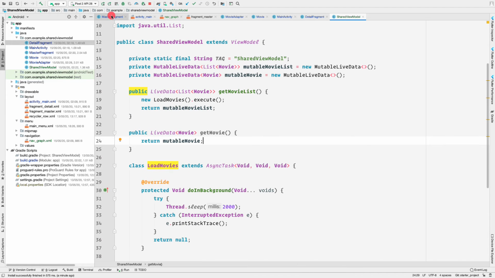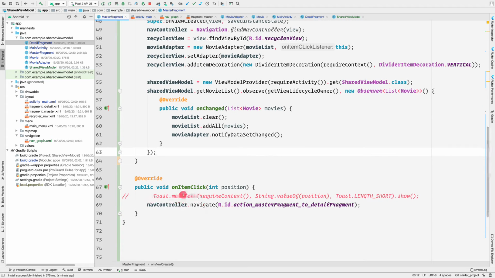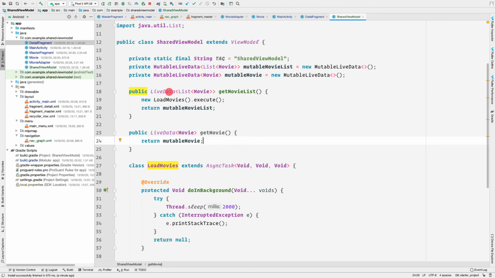And now whenever the navigation starts from the master fragment to the detail fragment, we want to call some method inside our shared view model that would set the movie inside this mutable live data to the current movie, that is the movie that is selected.